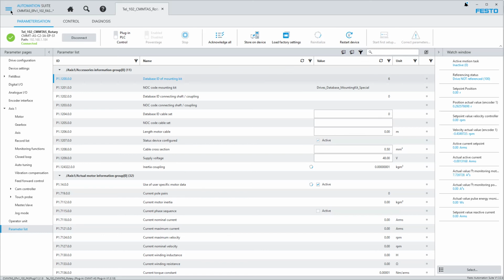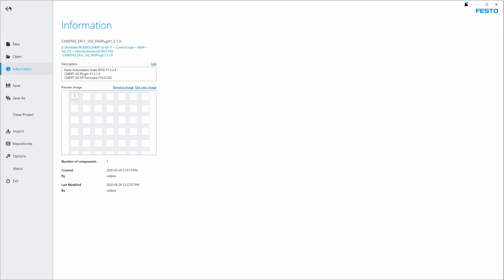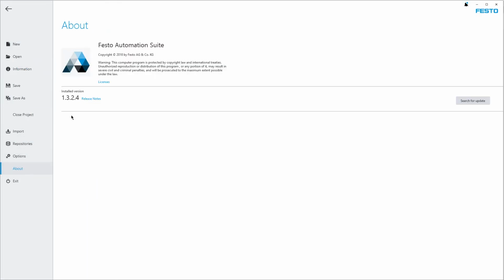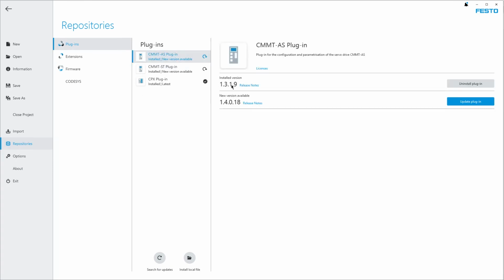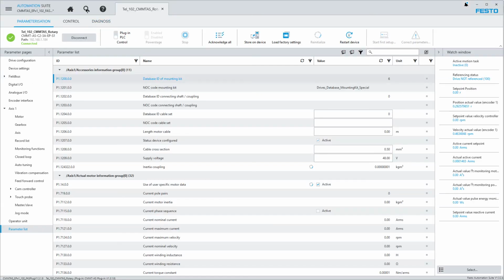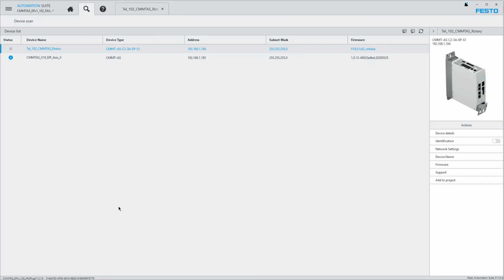So I'm just going to do a recap here. If you go up to the menus, there's that little hamburger up top here. You go down to the repositories. Actually, let's go to the About. So I have this version of Festo Automation Suite installed. I go to the repositories. I have this 1319 that I'm using. And now if I go to the scan tool, which you don't have to be online for,